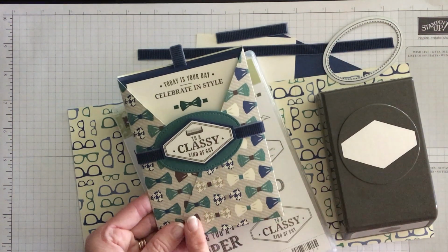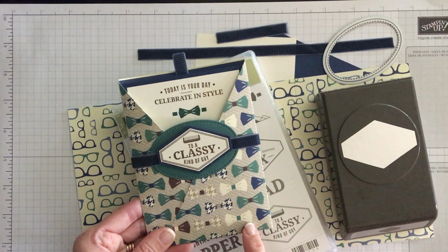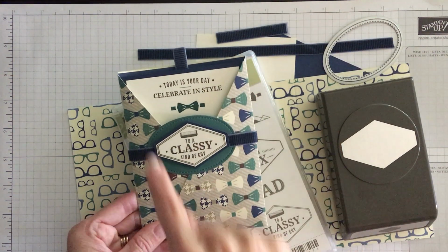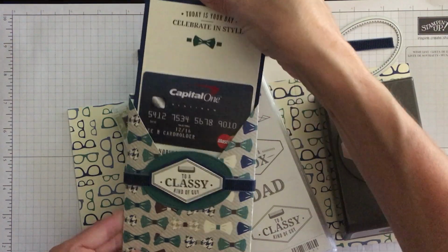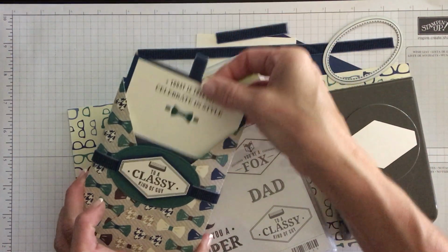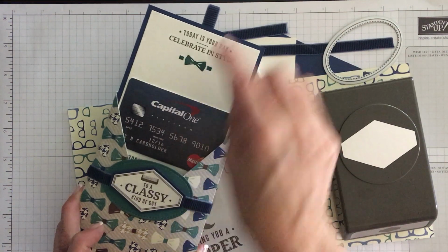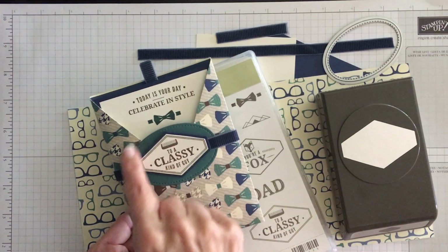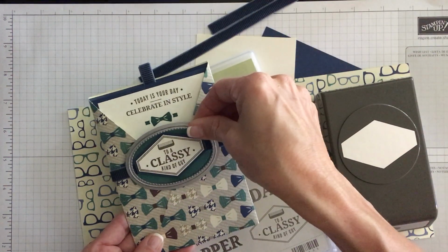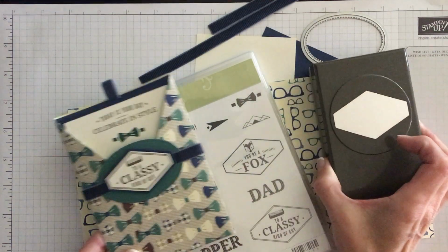Today I'd like to show you this fun masculine card I made using the crisscross technique. This technique creates a crisscrossed pocket with an insert that can slide up and down into the pocket, and this one I put a gift card in, but you can easily omit the gift card and just write your message there. So to make this card, I used the Stitched Shapes framelits, and I used the tailored tag punch along